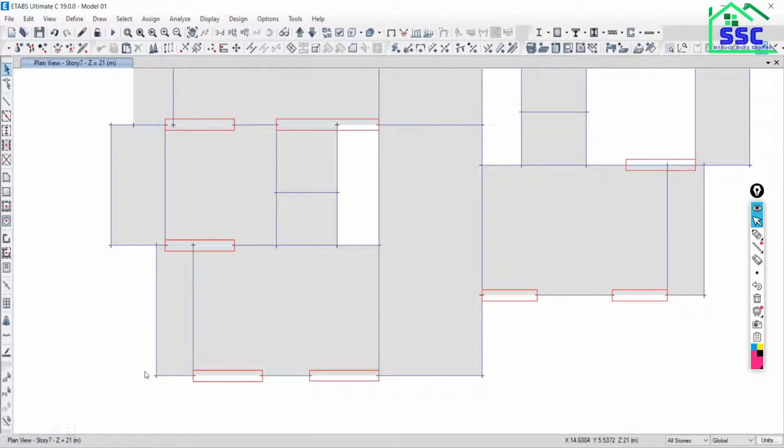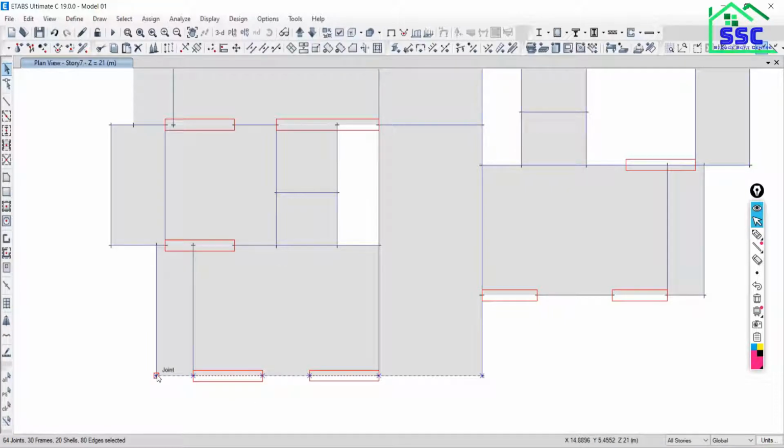First, just drag from left to right and select all these lines and all the joints along this line, and find any correct point. I would like to take this point as correct, and according to this point I want to align all these slabs as well as frames and shear wall. So what is the ordinate? This line should be aligned about what, Y or X? Exactly Y. So just find the ordinate.